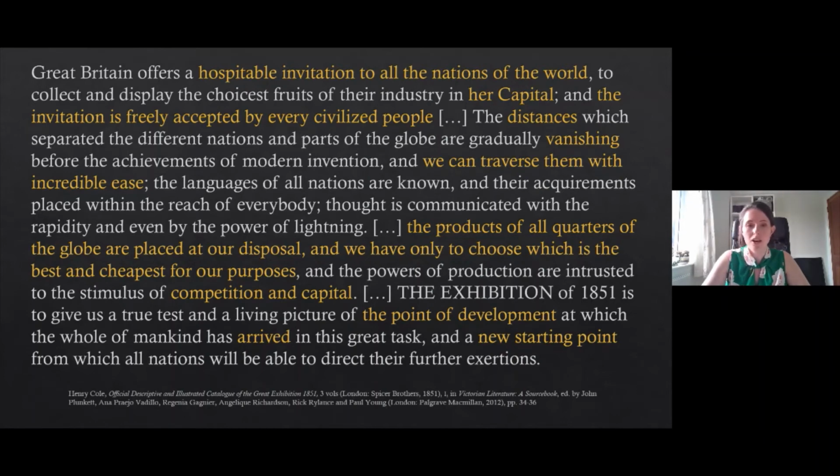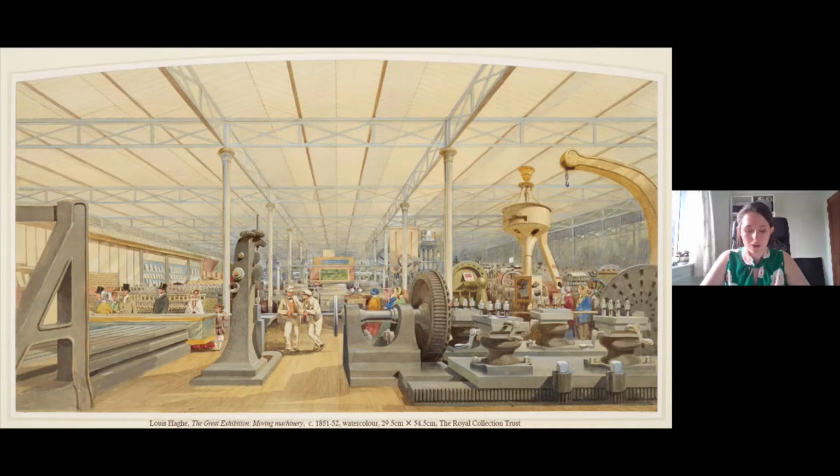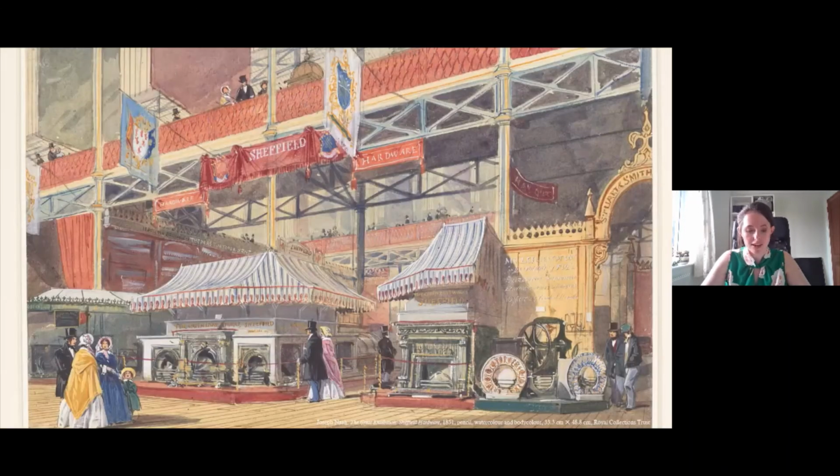galleries such as this moving machinery gallery, which showcased technology from printing to metalwork and foundry machines to textile machinery. According to the British Library, it also included, quote, a steam hammer that could with equal accuracy forge the main bearing of a steamship or gently crack an egg, and adding machines which might put bank clerks out of a job, end quote. Similar galleries, like this Sheffield gallery, showcased other products of Britain's Industrial Revolution, such as these fireplaces